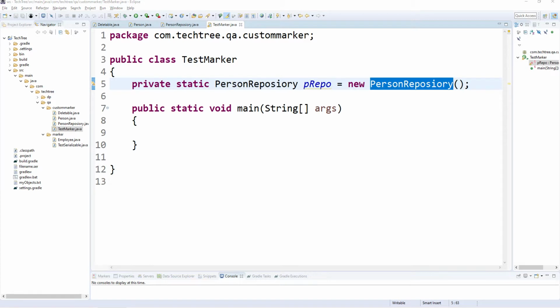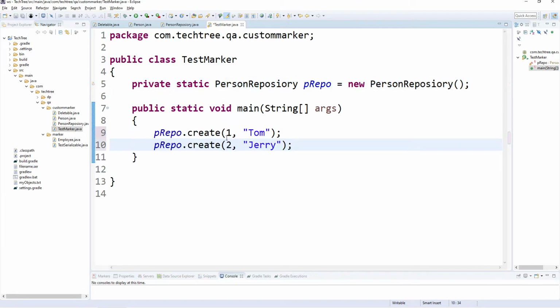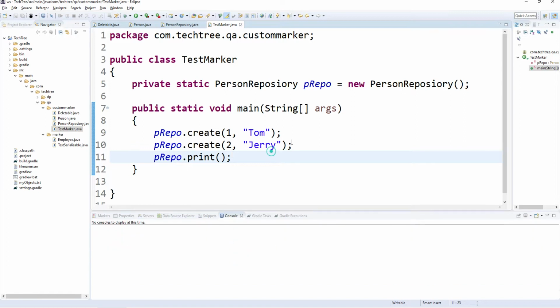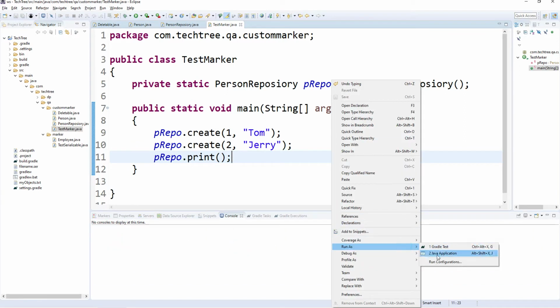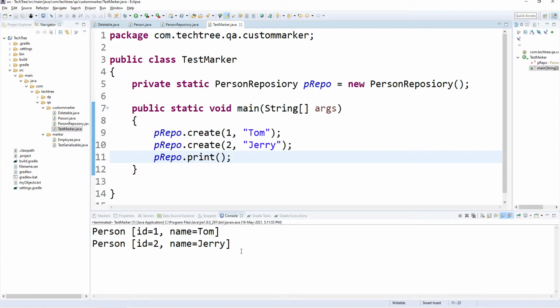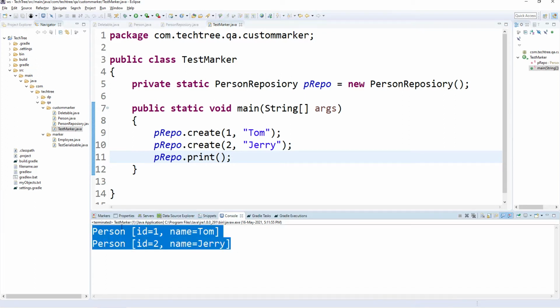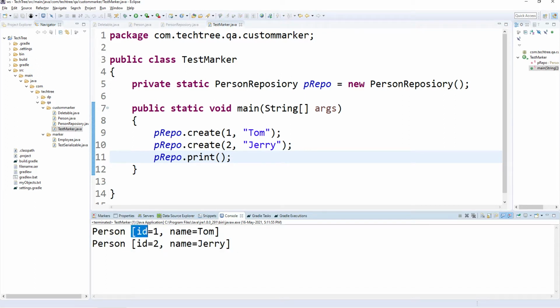Now we will create a few objects. repo.create, and I'm passing the data here. Now let's print the data and run the code. Yes, we have two objects, and both objects are getting printed.